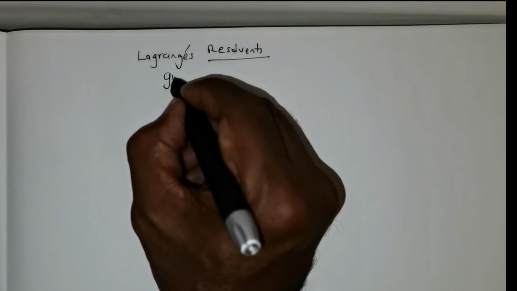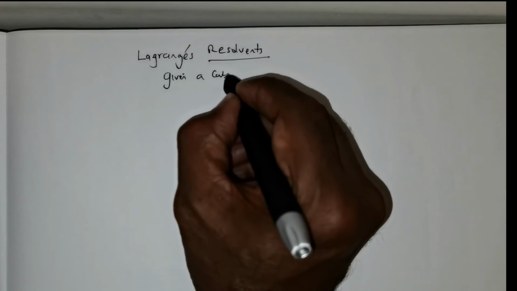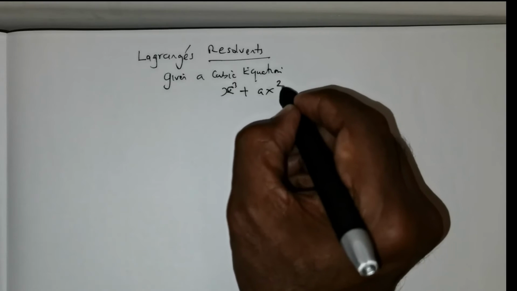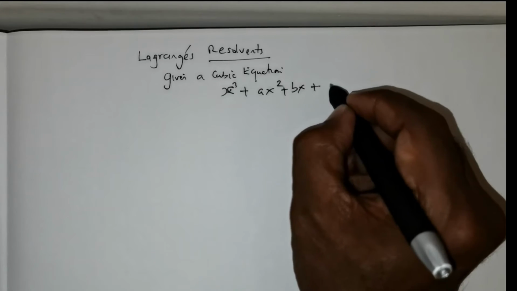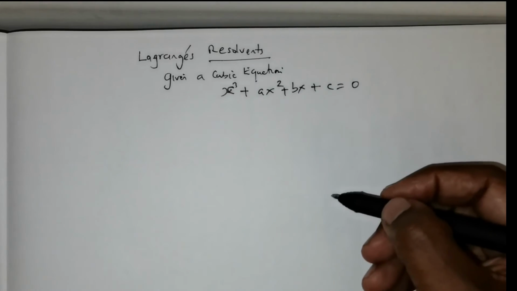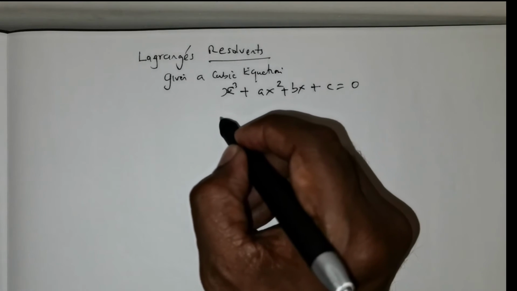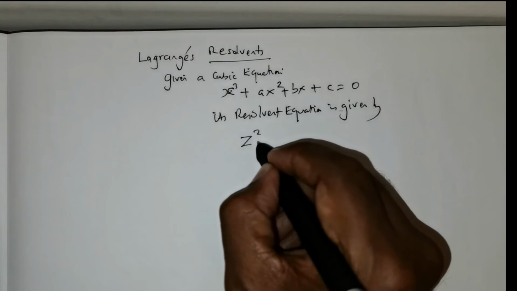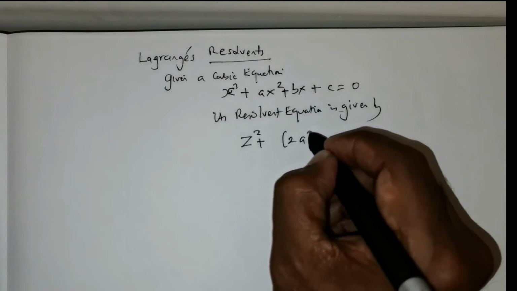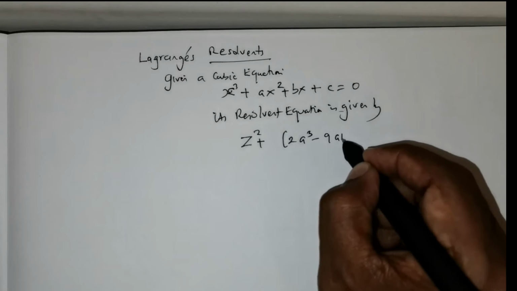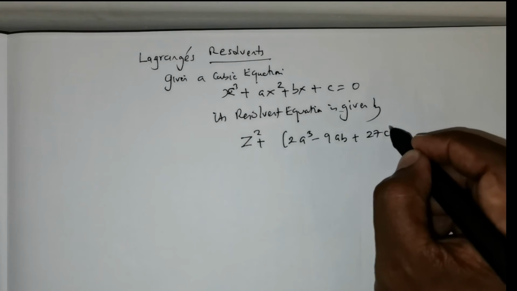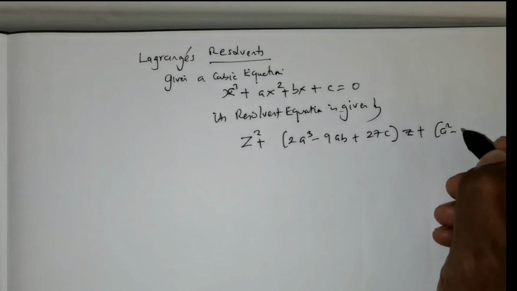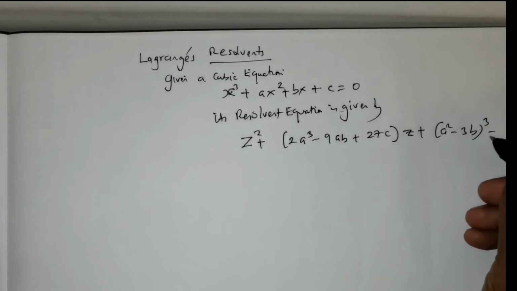If you are given a cubic equation, say of the form x^3 + ax^2 + bx + c = 0, then its resolvent equation is given by z^2 + (2a^3 - 9ab + 27c)z + (a^2 - 3b)^3 =